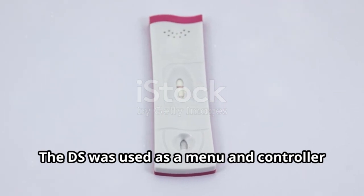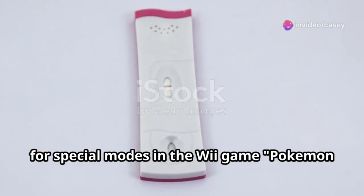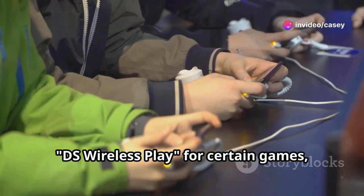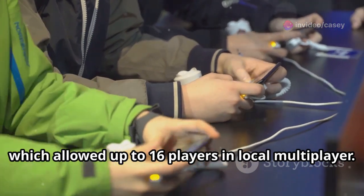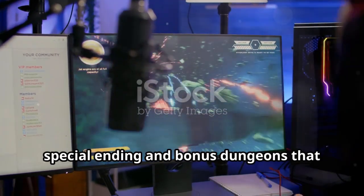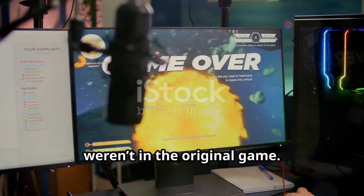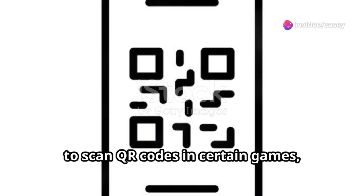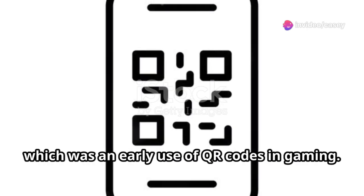The DS was used as a menu and controller for special modes in the Wii game Pokémon Battle Revolution. The Nintendo DS had DS wireless play for certain games, which allowed up to 16 players in local multiplayer. Chrono Trigger for DS included a special ending and bonus dungeons that weren't in the original game. The DS camera on the DSi allowed players to scan QR codes in certain games, which was an early use